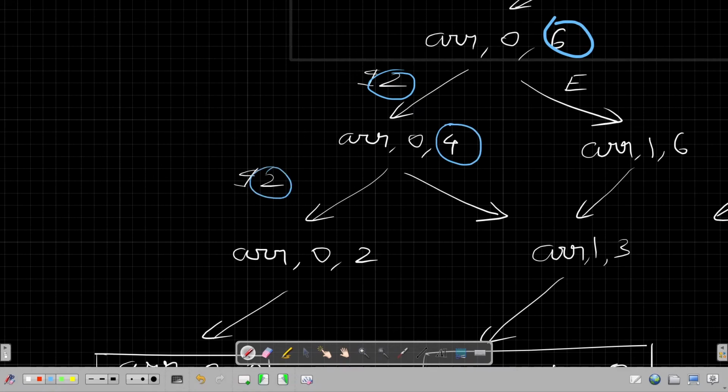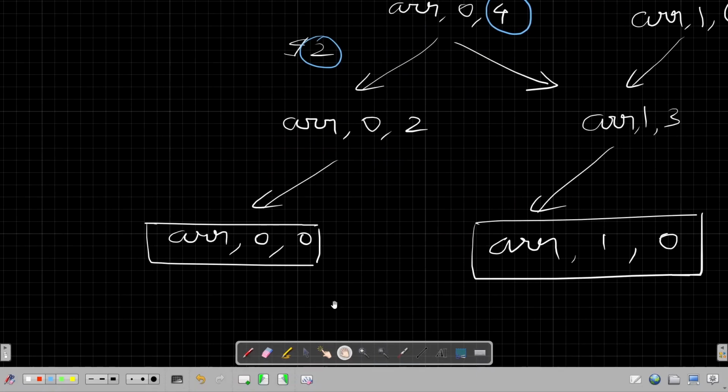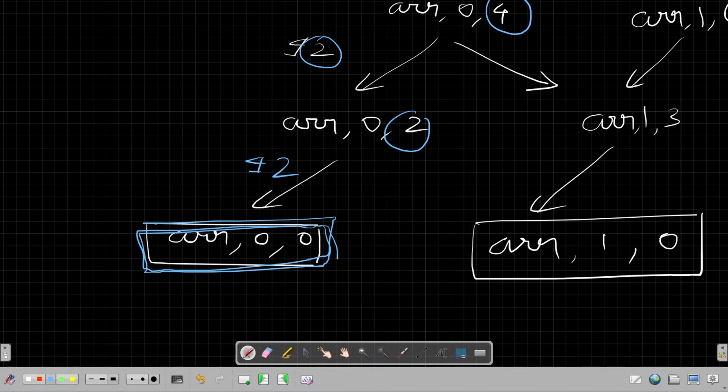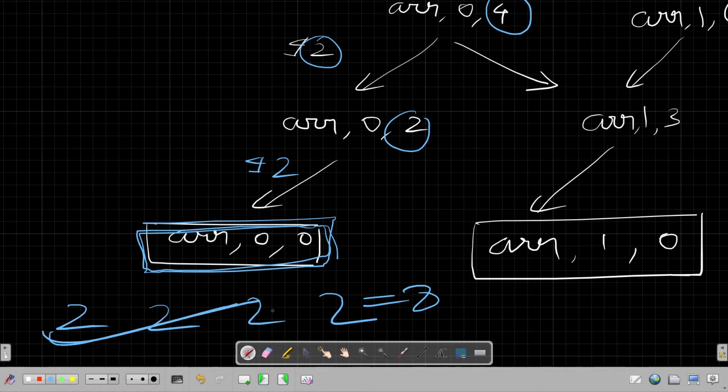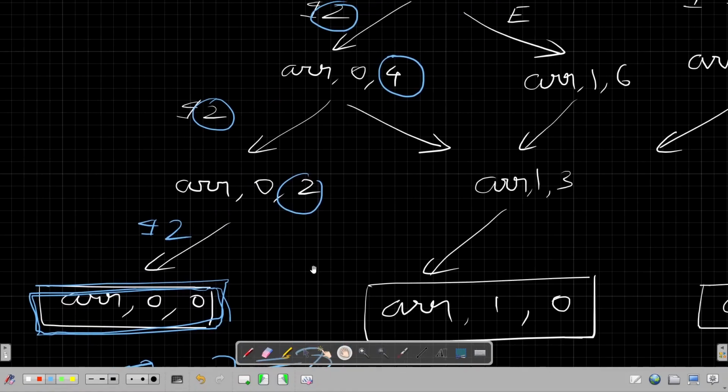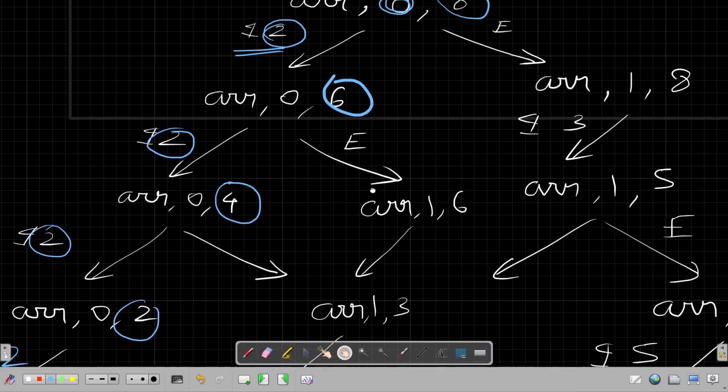Now again you can include 2, the sum you would need to make would be 2. Now you can again include 2. When you include 2, the value of target is 0. This is because we have included 2 four times, so this results in 8. So this is a valid combination. Similarly, you can find other valid combinations also.